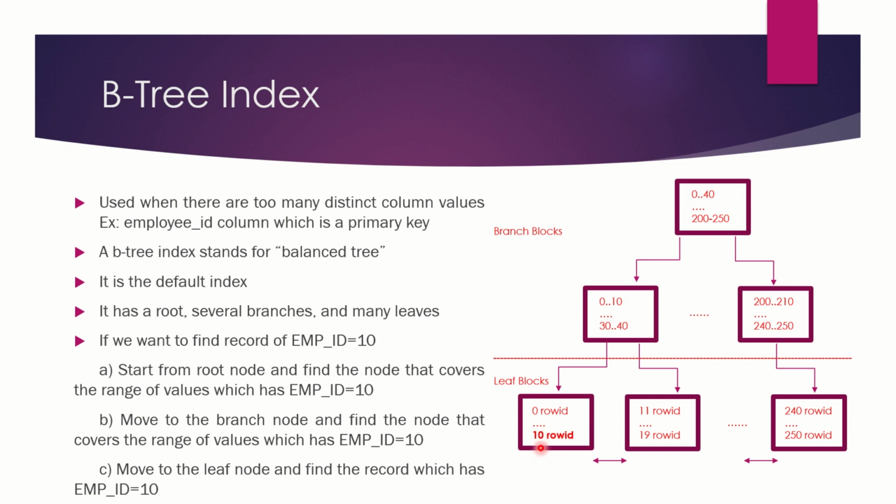So in order to access any row using the B-tree index, it has to go through this scan, that is root block, branch block and leaf blocks. That is the reason why, when you're trying to retrieve more than 15% of your table rows, the scan using a B-tree index is going to take a little extra time as compared to a full scan. The number of branch blocks and the number of leaf blocks will be determined automatically by Oracle.